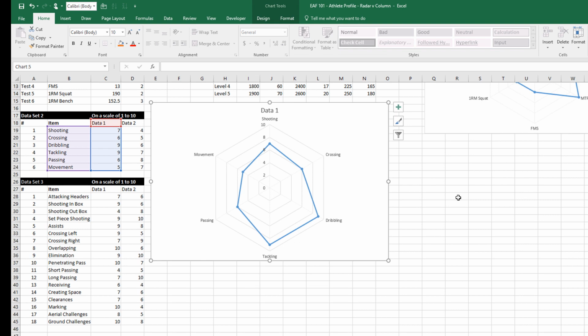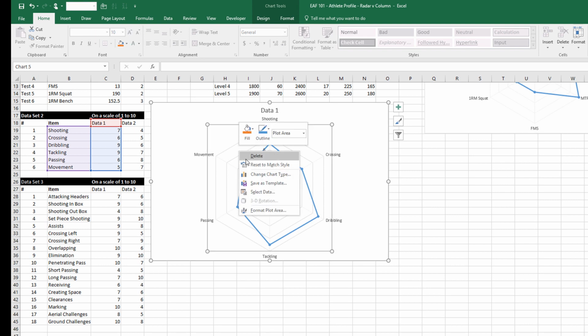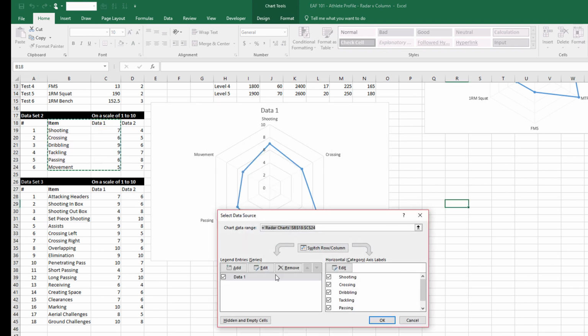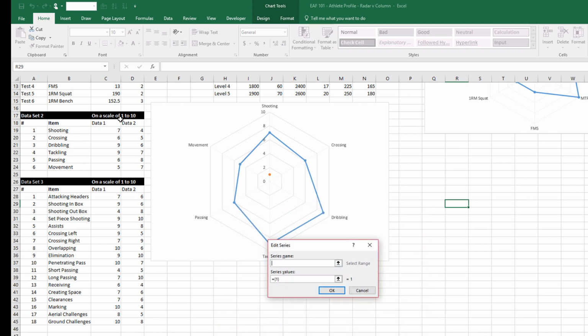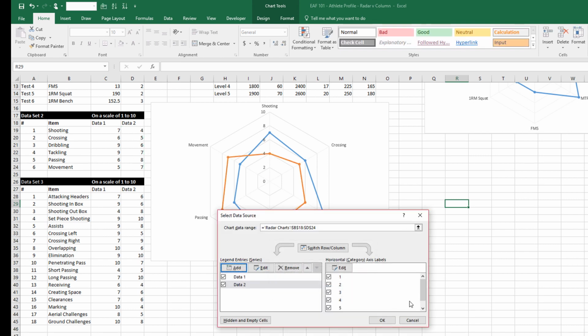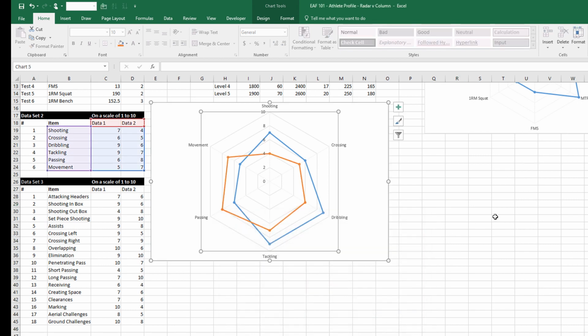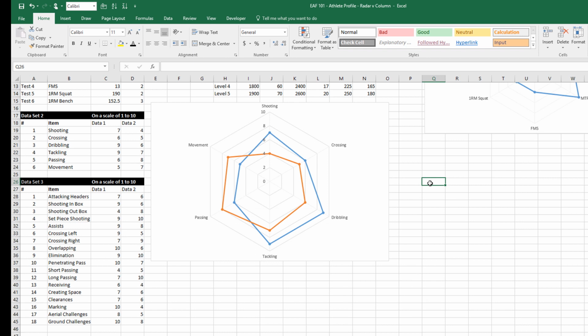So I don't like the fact that you have to go through such hoops to make it look how you like. So once again, we've got a profile. What you typically would do is add a second set of data. So if I select data, add a new one, I've just called it data 2, and there are my values there. I've now got a second set of data on there,